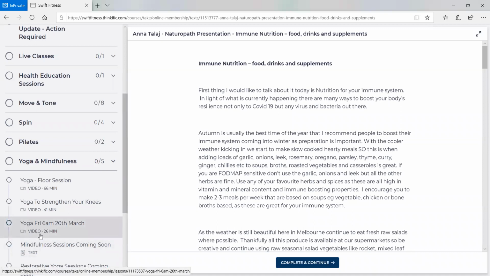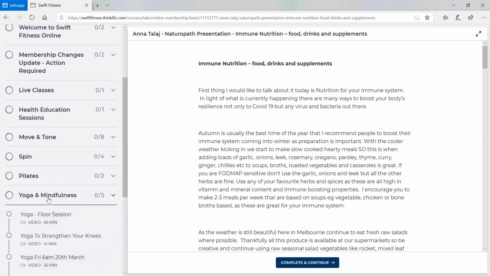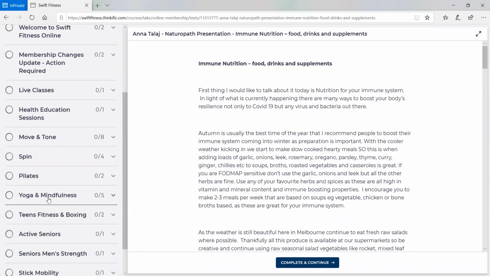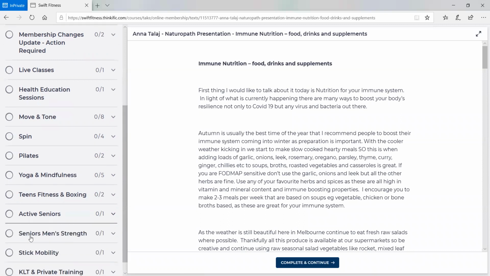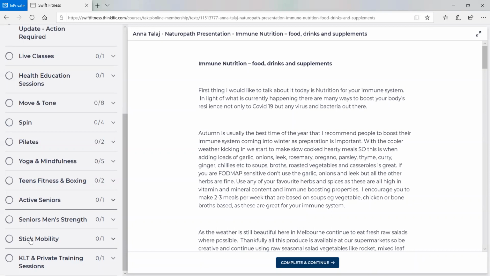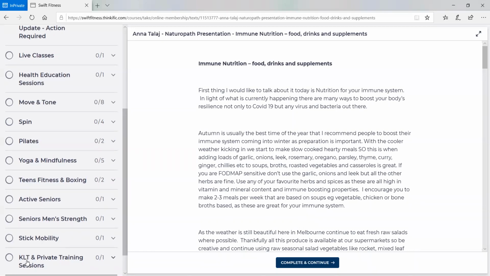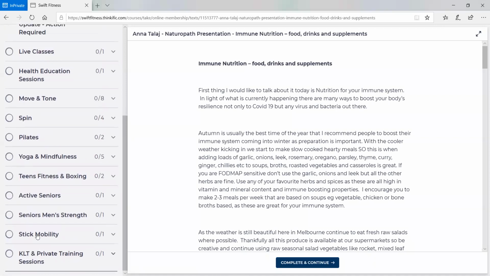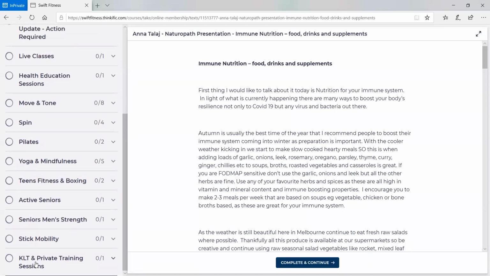So the combining aerial yoga with yoga, and Sarah and Shelley did a fantastic session with that, and that's to come. We'll pop in some of the active senior stuff. You've got men's strength, stick mobility, which is all coming, and KLT privates. Just for those of you that do KLT private sessions, underneath that, it's not there at the moment, but hopefully